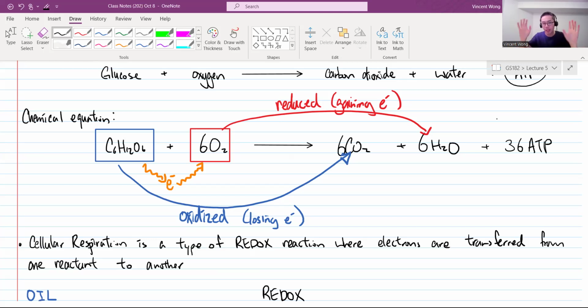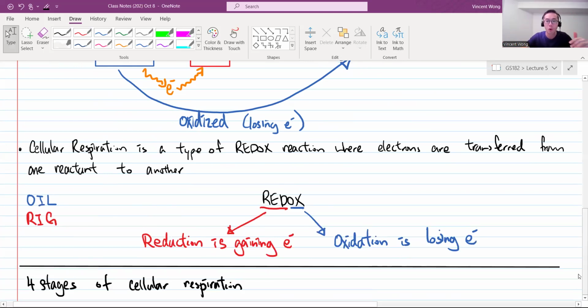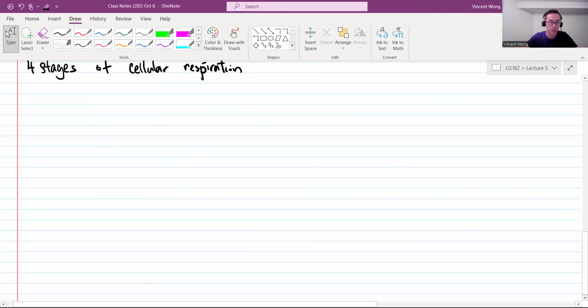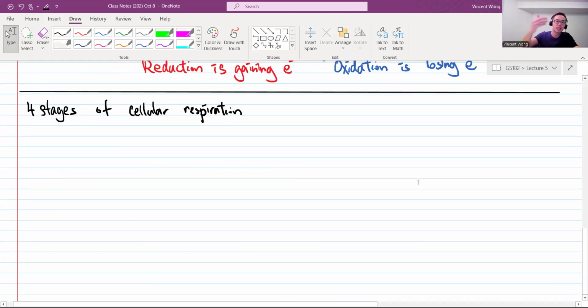So instead of having that big explosion, we are doing the same chemical reaction, but in four different stages. We're going to do it slowly, a little bit at a time. In fact, each of these stages will have many steps in them. For the first stage, for example, there are 10 steps, and then the second stage has like 3 steps, and so on and so forth. So it's a controlled way to extract the energy from glucose a little bit at a time. That's the key thing to understand here.